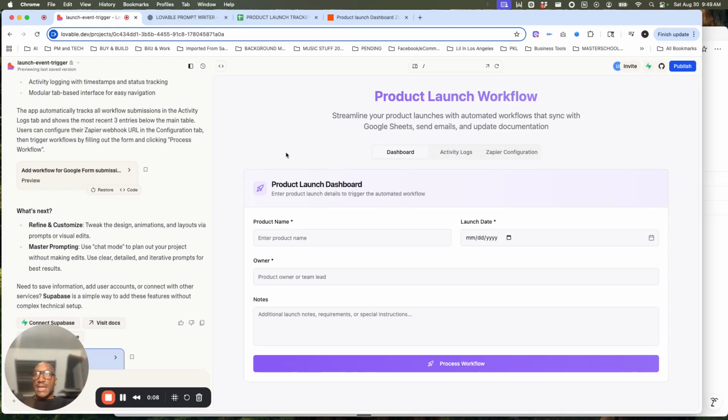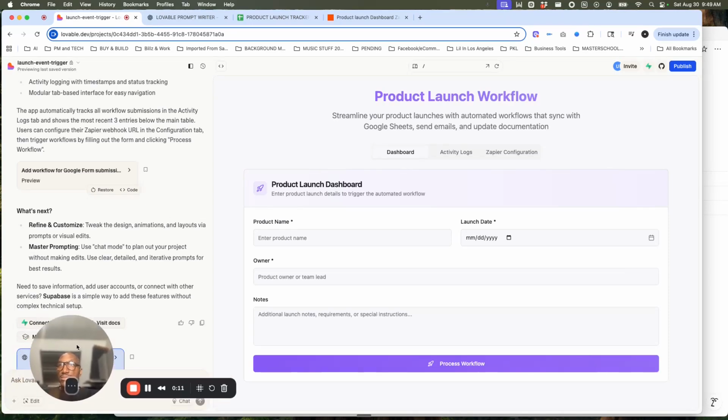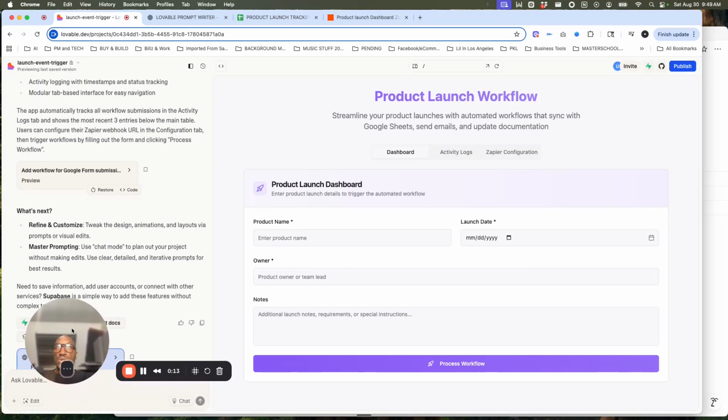All right. So I went ahead and threw up a very quick product launch dashboard. We already got our PRD. We did all that stuff. And so I just threw this up here quickly. This is a very basic version, not at all fully built out yet, but just wanted to show the workflow for this in terms of